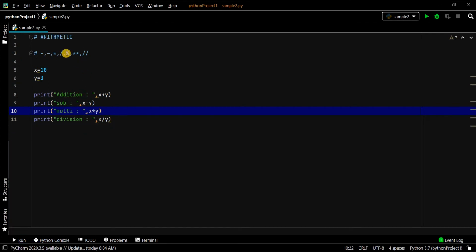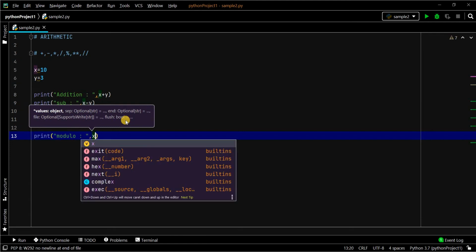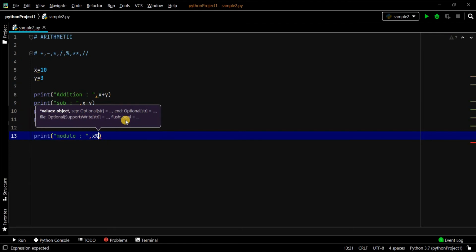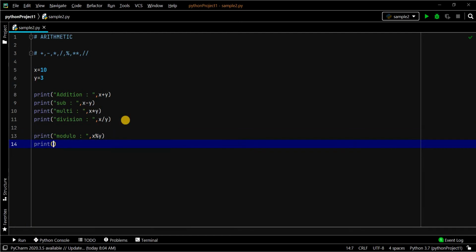Let's see the other three important operators, which is modulo, exponentiation and floor division. X modulo y.